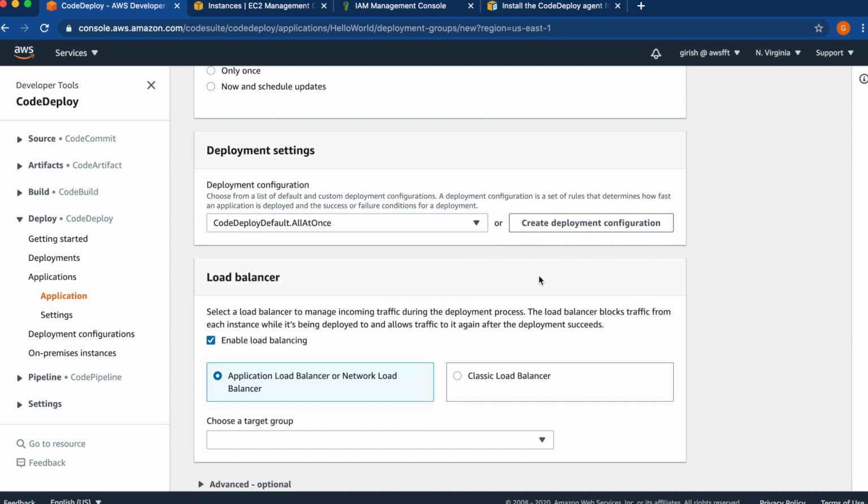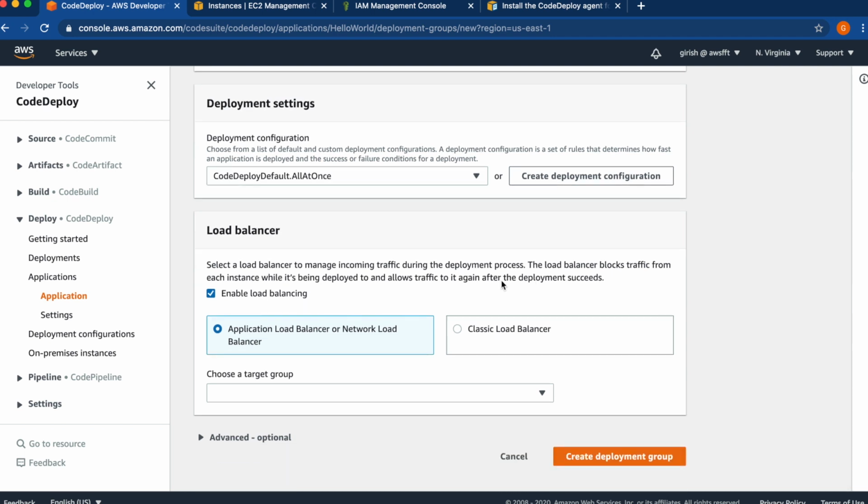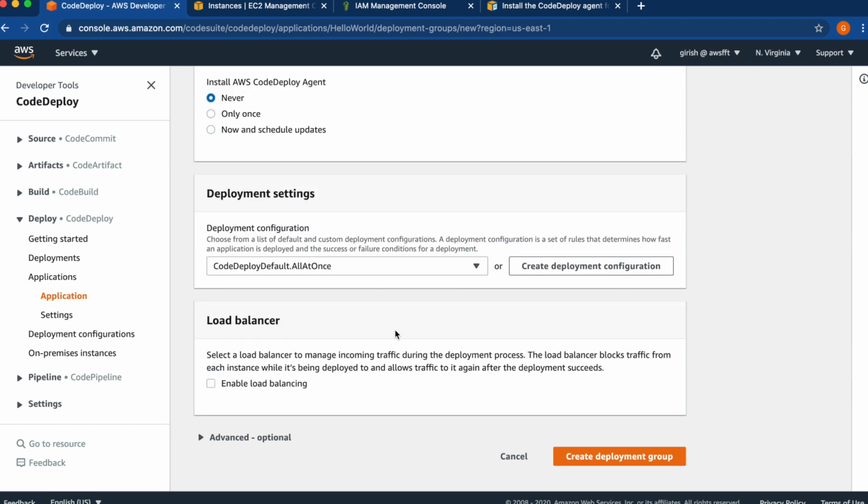But we are choosing all at once. We don't want to enable a load balancer, but that is the option. If we have a load balancer, we can use that. So with this, let's create the deployment group.